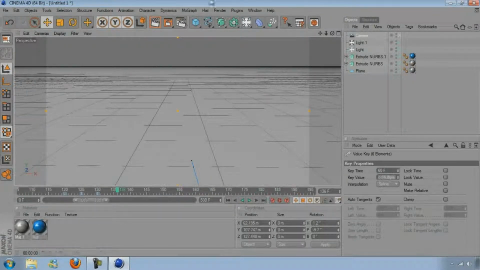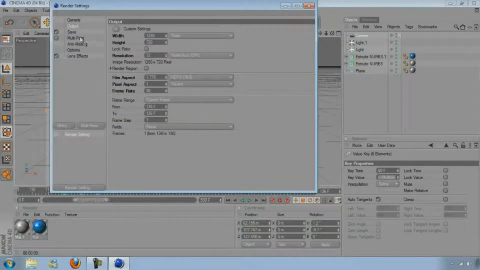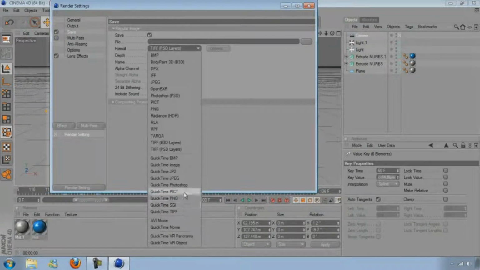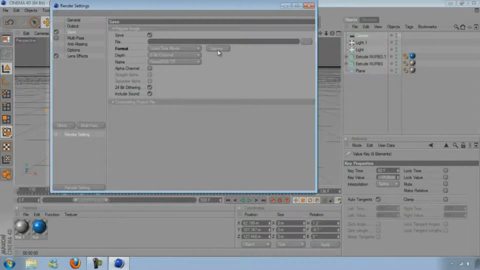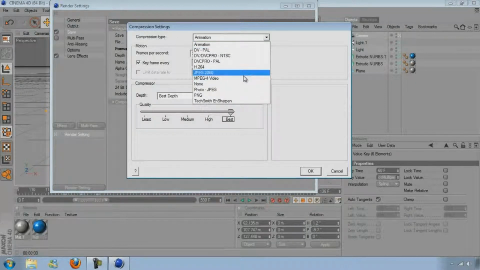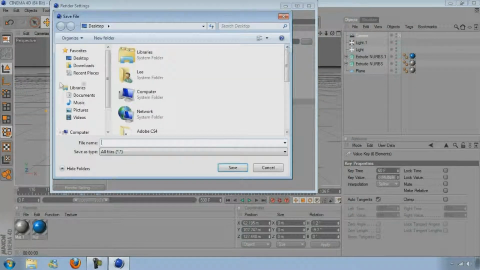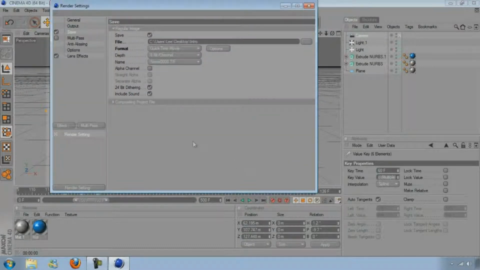Yeah, so now if you click up here, go to change the resolution to 280, and then go to save. First change the format to QuickTime Movie, go to options, change the animation to MPEG-4 video, 30 frames per second, to just make sure the quality is at best, and then choose when you want to save it. So I'm just going to go on the desktop and just type in intro, click save,